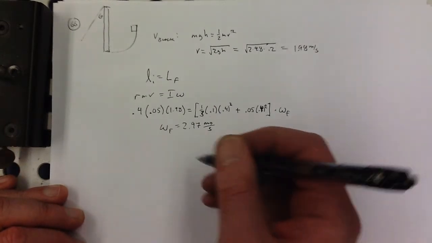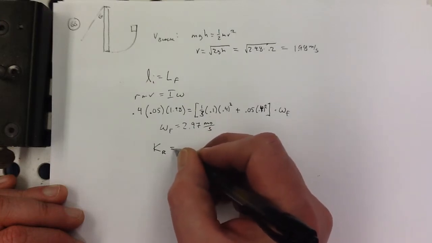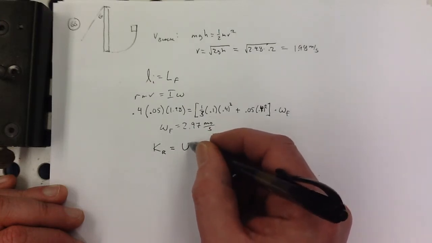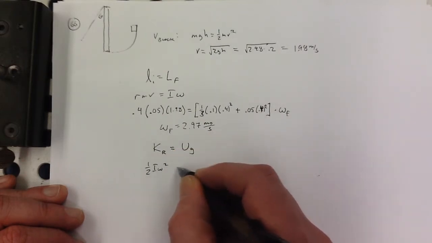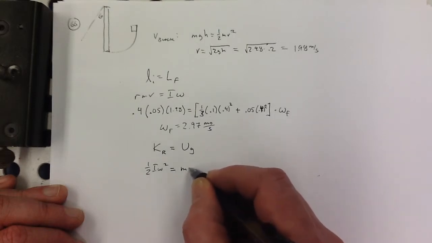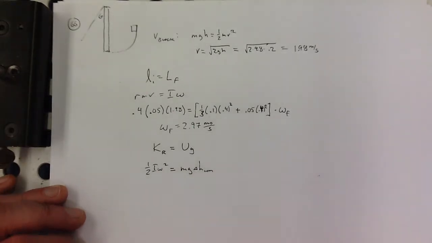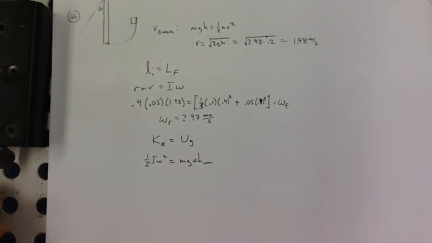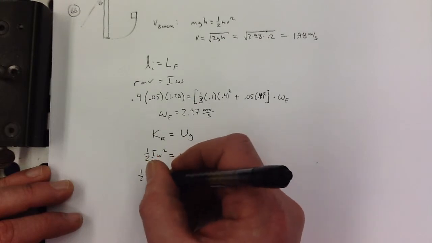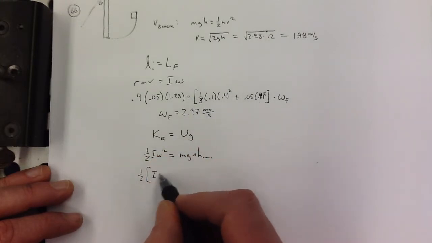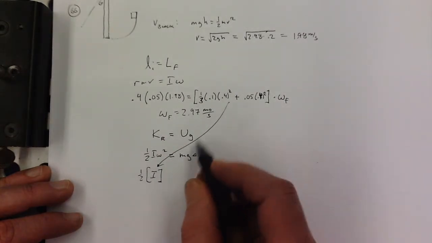So how much energy does it have? Well, it has rotational kinetic energy that is going to transform back into gravitational potential energy. So rotational kinetic energy, 1/2 I omega squared, is going to turn into mg, and then the change in height of the center of mass, mgh, but I just want to be specific here, to make sure we know what we're getting ourselves into, what we were finding. So that's 1/2 times the I is that whole thing. I'm just going to write I here, right? That's that, times omega,